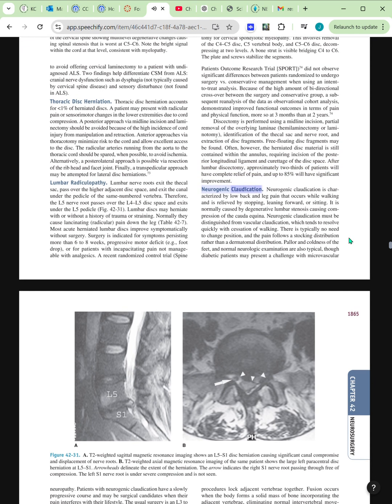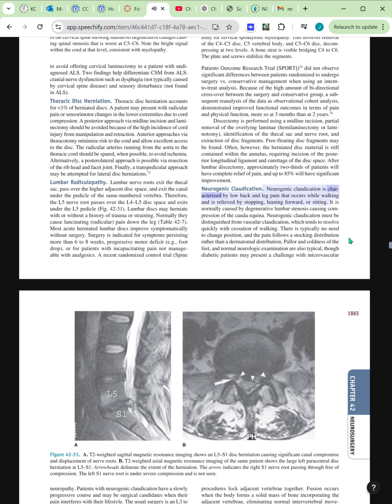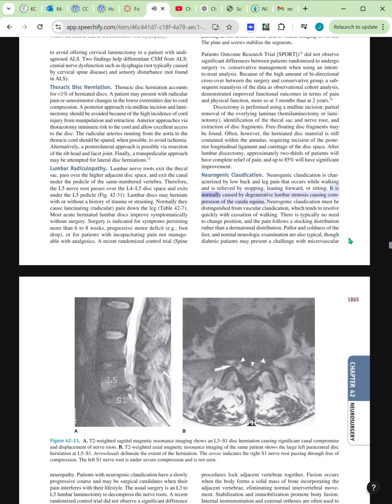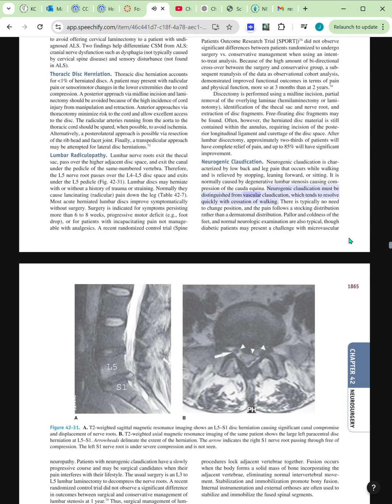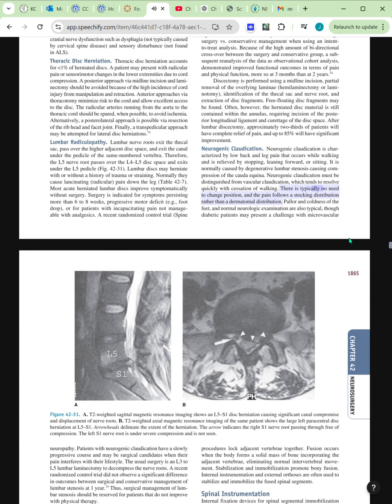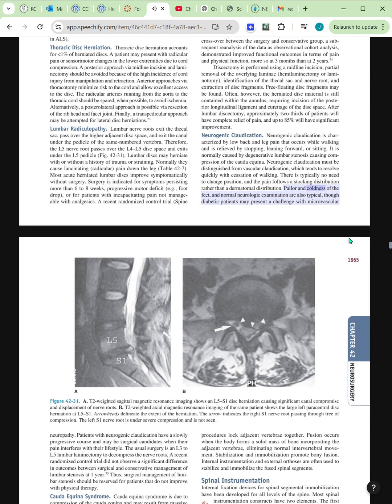Neurogenic claudication. Neurogenic claudication is characterized by low back and leg pain that occurs while walking and is relieved by stopping, leaning forward, or sitting. It is normally caused by degenerative lumbar stenosis causing compression of the cauda equina. Neurogenic claudication must be distinguished from vascular claudication, which tends to resolve quickly with cessation of walking. There is typically no need to change position, and the pain follows a stocking distribution rather than a dermatomal distribution. Pallor and coldness of the feet and normal neurologic examination are also typical,